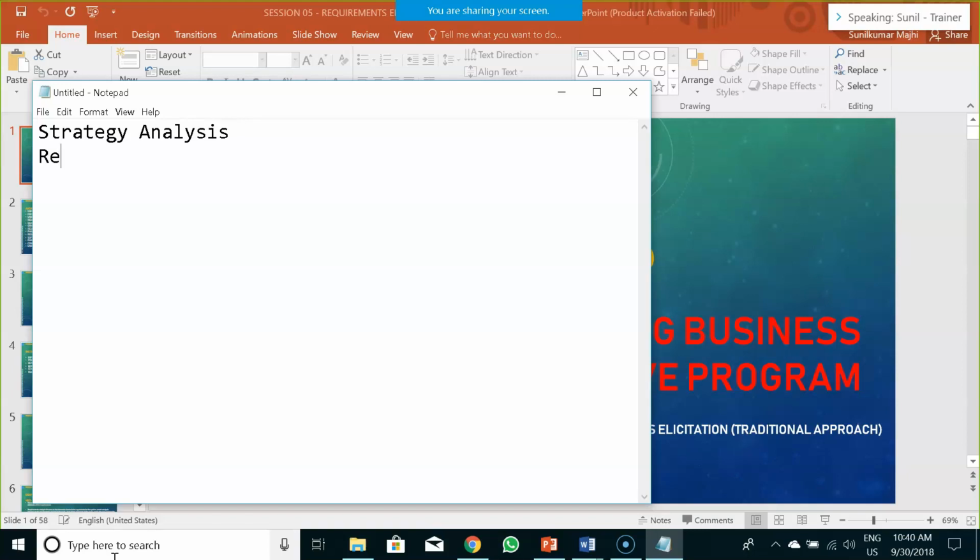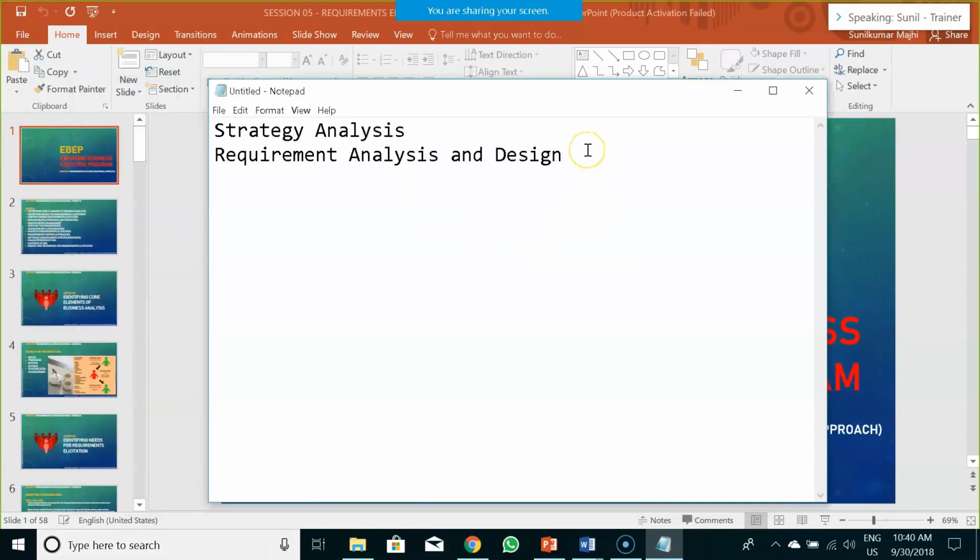Now today we are starting with requirement analysis and design. Whatever we would be covering for the next 4 to 5 sessions would deal with the requirement analysis and design knowledge area. This is something wherein all your junior business analysts or associate business analysts are involved heavily. The knowledge area that we covered so far is where all your senior level consultants are involved heavily.